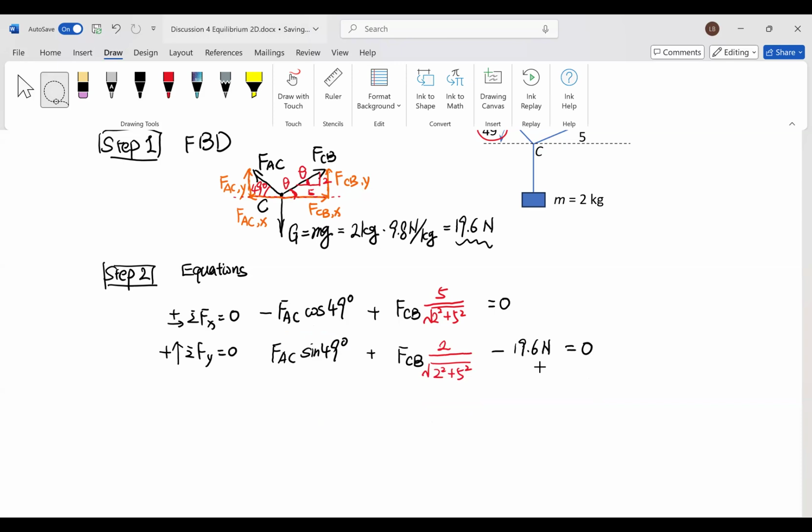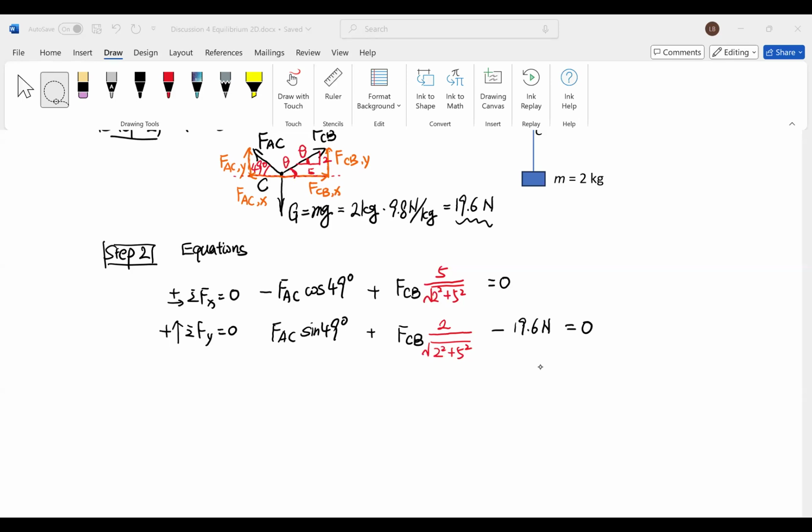Is the problem solvable? Yes, now the problem is solvable. You can pause the video and try to solve the problem here. Okay, now I'm solving it. By solving the equations,